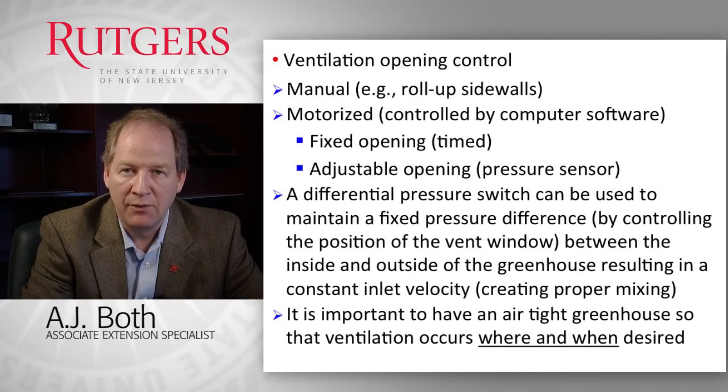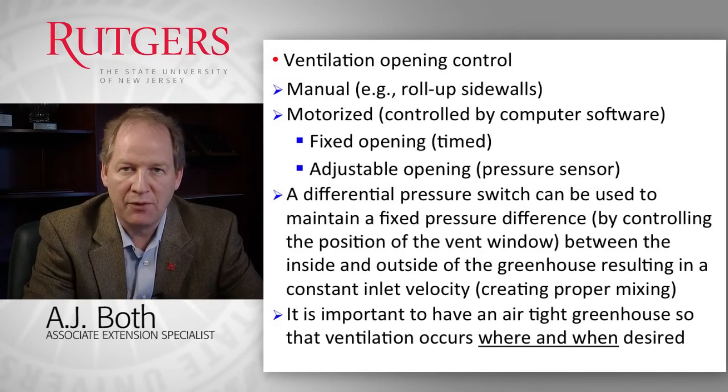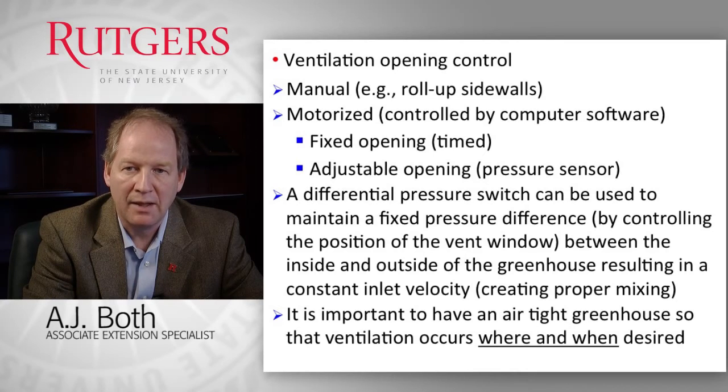strategy where we use a differential pressure sensor to sense the differences in pressure that is generated by the fans as they're running, and then based on the settings we try to maintain the right inlet velocity of the air coming in. So the pressure sensor senses the difference between the negative pressure inside the greenhouse that is generated by the suction of the fans, and it looks at the outside pressure, and based on those two pressures it opens and closes the window to just the right location so that the airspeed of the air coming in to the greenhouse is at the right velocity so that that air mixes properly with the inside air. We can do that with a differential pressure switch